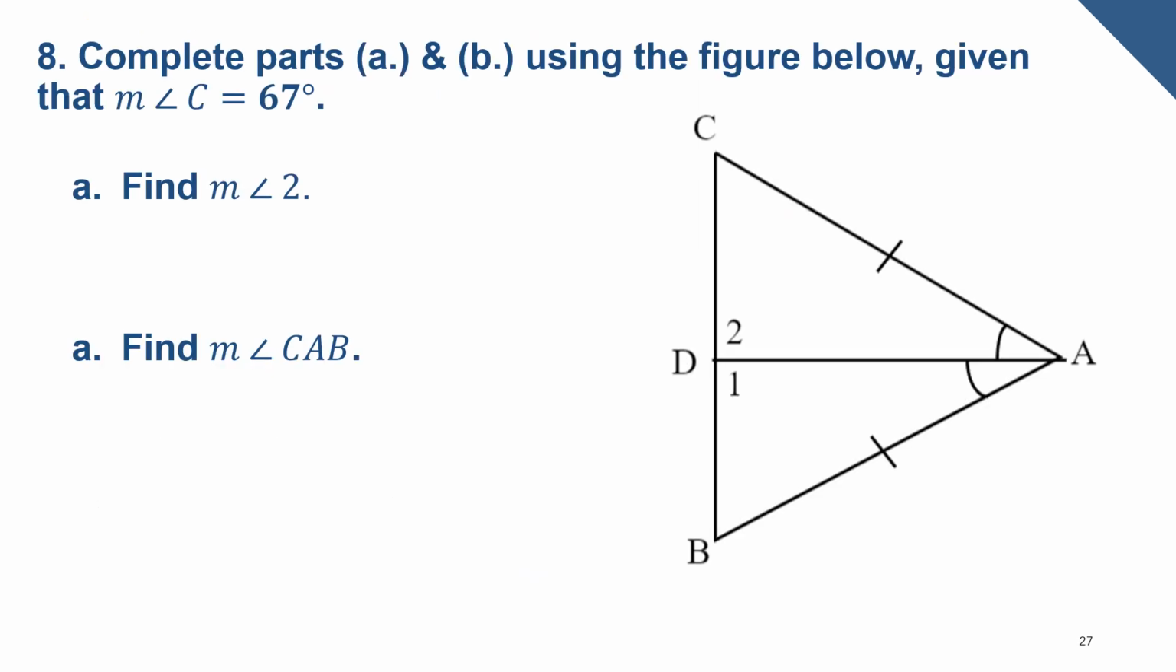All right. We got another kind of easy problem, one with numbers instead of proofs. It says complete parts A and B using the figure below, given that the measure of angle C is 67 degrees. Now, I don't love this problem, and you definitely aren't going to see it on the test, but I threw it in here just as an extra example,